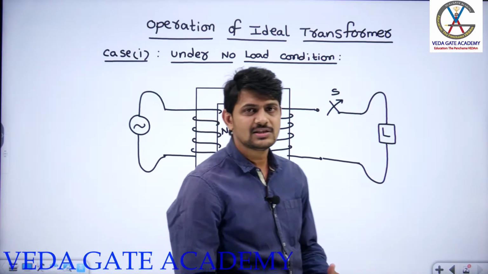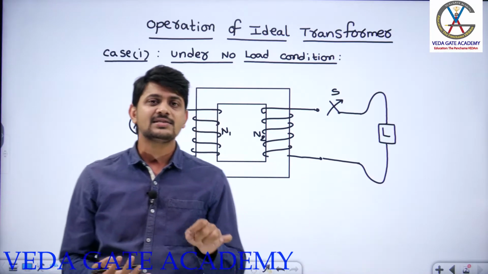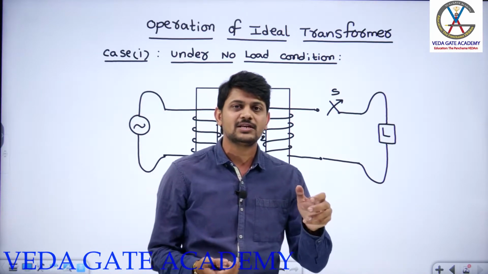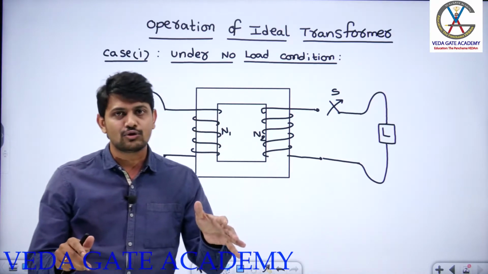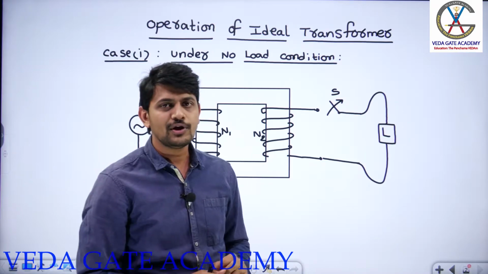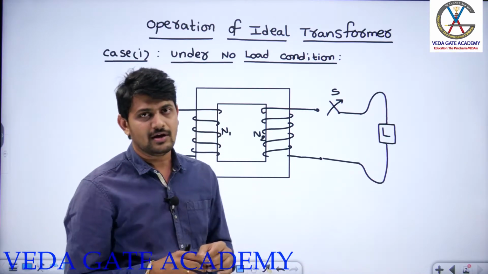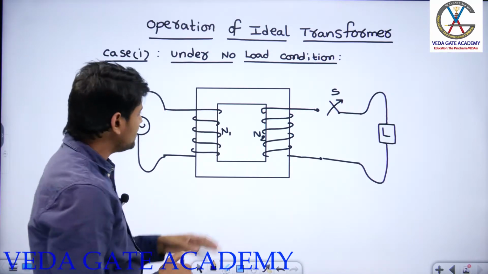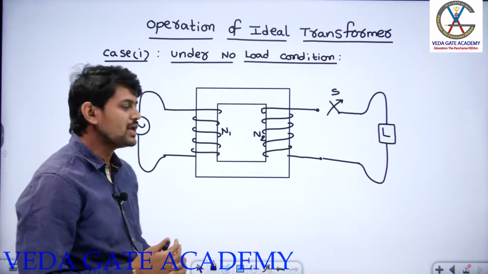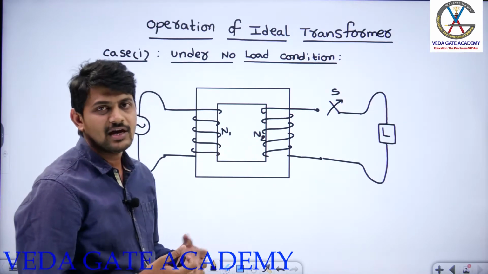So there are two terminologies I can provide for the winding, either primary or secondary, and this primary and secondary winding terminology is given with respect to whether my winding is connected to the source or connected to the load. This is the first one. The second point you have to understand is how we give the terminology for HV and LV winding. It is based on the number of turns relation. So if N1 is greater than N2, primary acts as HV and secondary acts as LV, otherwise vice versa.